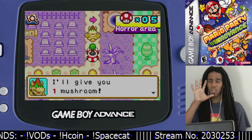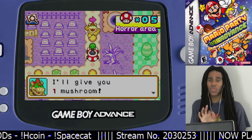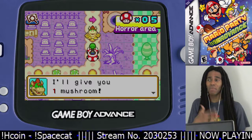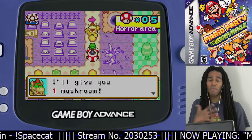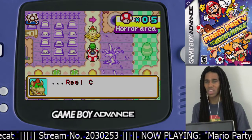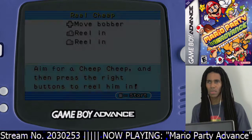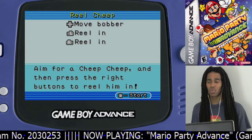Baby Bowser shows up way too often on these minigame spots because these are supposed to be a good thing to run into, but I feel like maybe 50% of the time, or maybe more often than not, I run into Baby Bowser instead of the helpful character who's supposed to give me mushrooms. And if I beat this, I only get 1 mushroom, so...